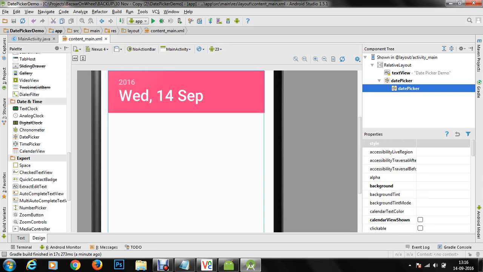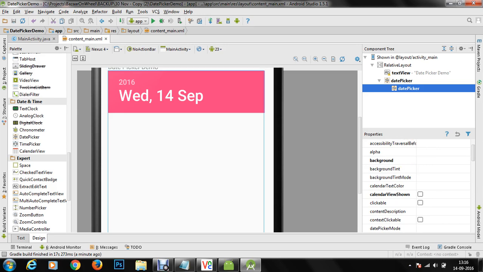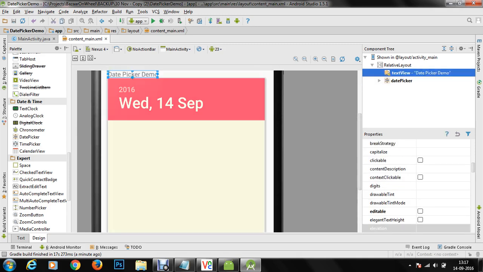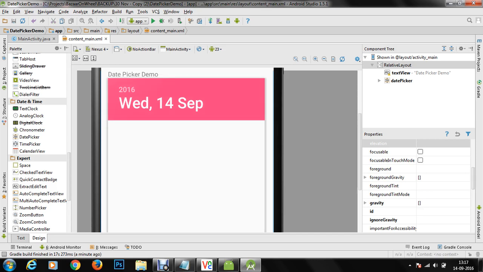We are going to get started with a simple demo by tweaking some properties here. What you can see is you can go a little down, and you can provide parameters for elevation. Elevation will display material design properties in your application. Let's say I would like to specify elevation as 10 dp, and now you can see that your date picker control will look a little elevated from the context of your application screen.